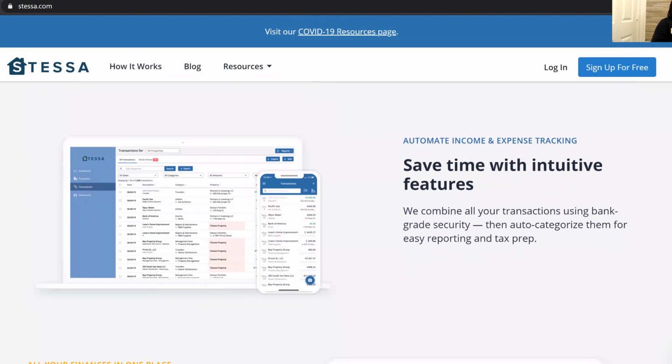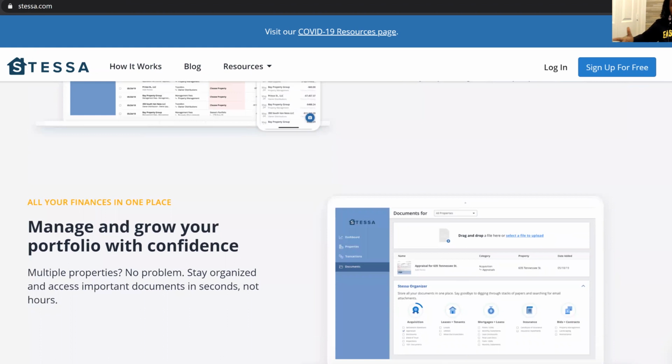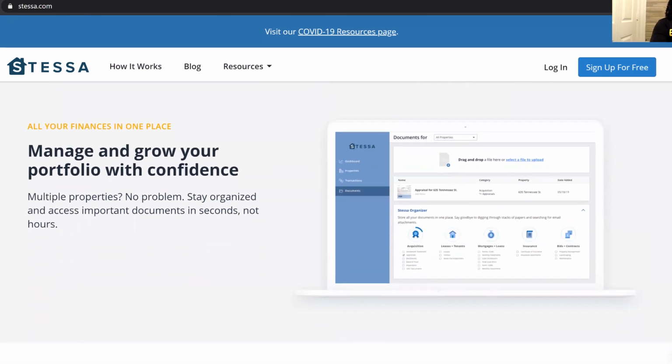It has some really great features that integrate into your company, so you don't have to go on multiple websites. Because some people have a website for their applications, then a website for repairs, then a website for this and a website for their banking. You just want to consolidate some of that time, especially if you're self-managing your portfolio. And even if you have someone else managing your portfolio for you,